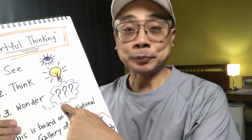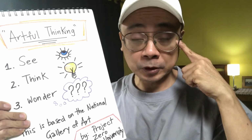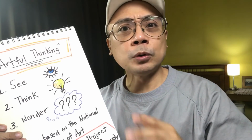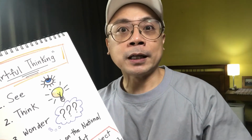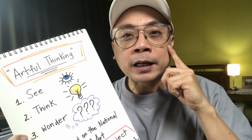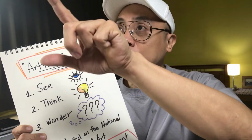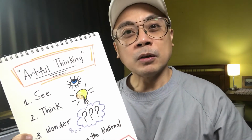Now in this illustration, Artful Thinking, we have 3 steps. So the first step is we see. We use our eyes. When you look at an artwork, give time to think. Give time to observe. Don't rush. So when you're in an art exhibit, look for a painting that catches your eye, that is aesthetically pleasing to you. You don't have to look at all the paintings in the gallery. Just choose 1 or 2 and then take time and observe and see. Use your eyes. Take a deep breath. Stand in front of the painting. Look at the sides, the top, the middle, and the bottom of the painting, and observe what you see, what